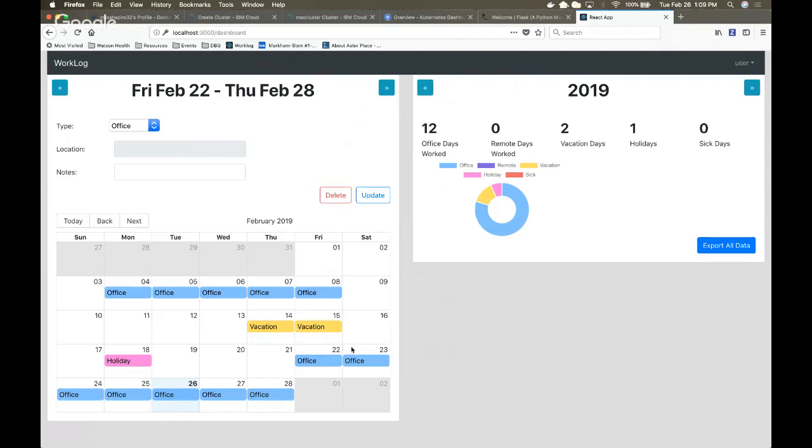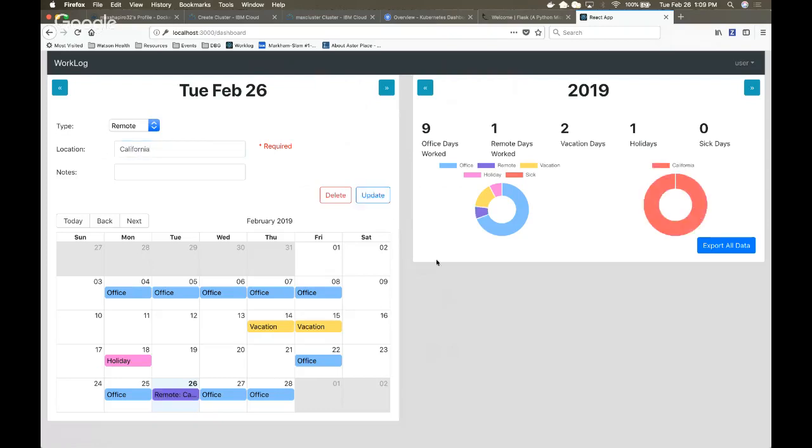So I can go ahead and click and drag for the weekend and delete those days. And now let's say that the user today is not working in the office and is instead working remotely out of California. So I can click on today, change it to office, type in the location to California,